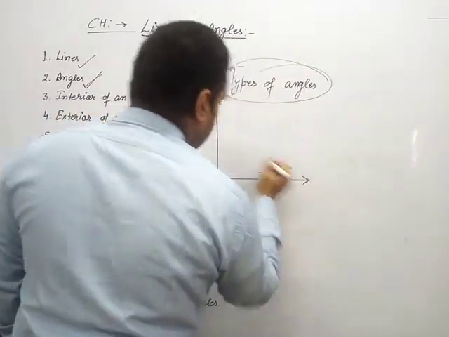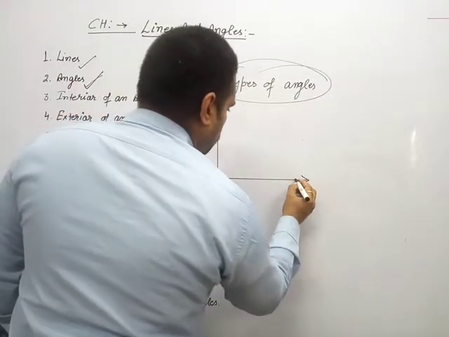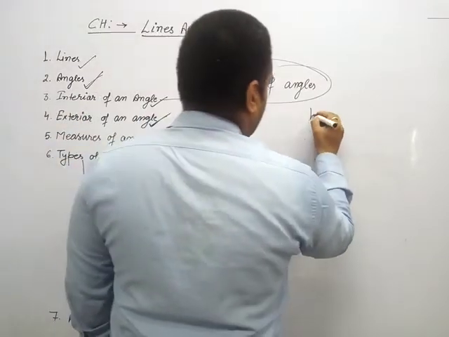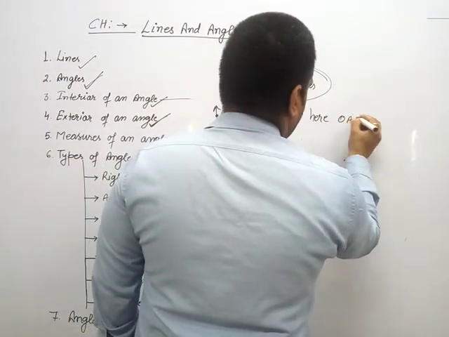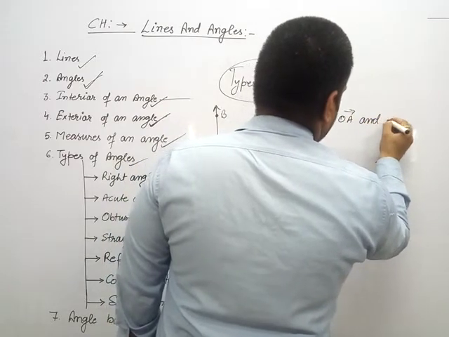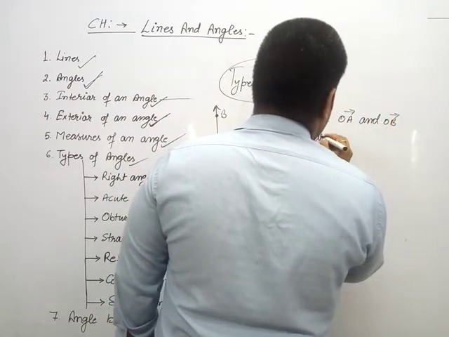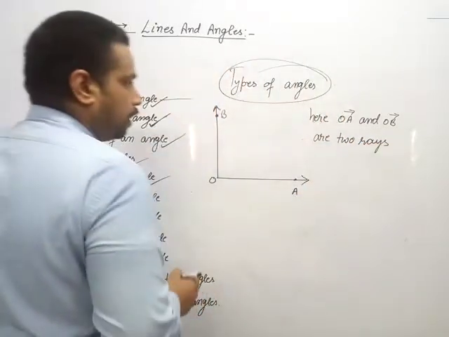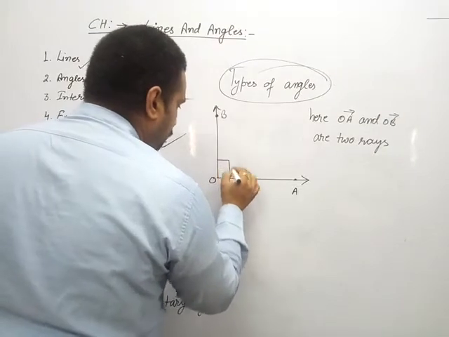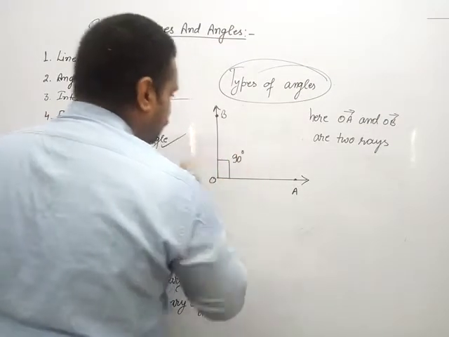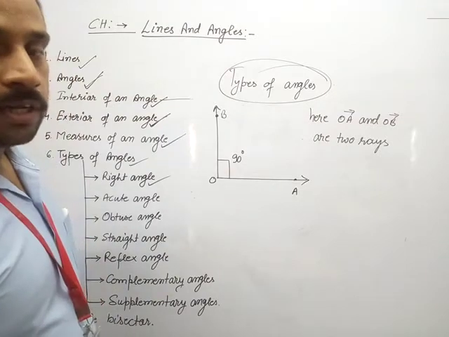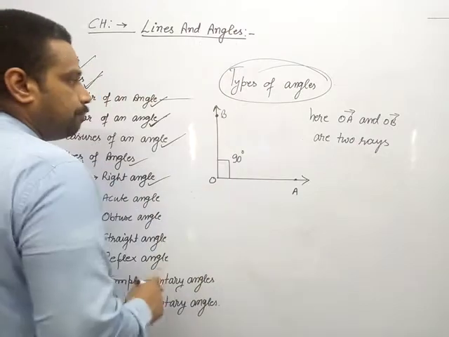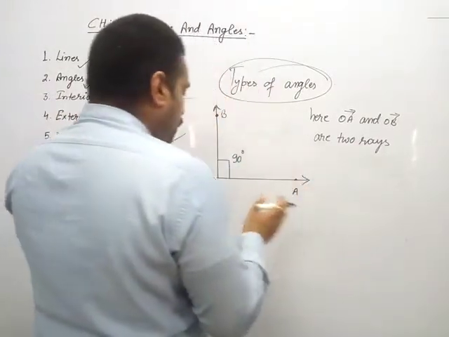When we have two rays, OA and OB, here OA and OB are two rays, and the gap between both of them is 90 degrees. So 90 degrees is the gap between them. So what is happening? OA